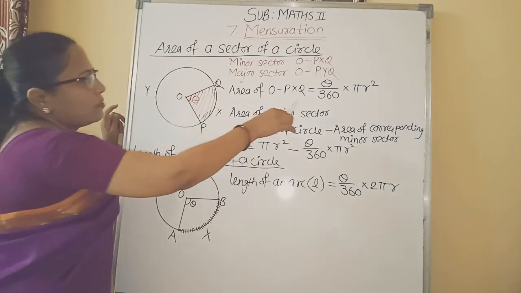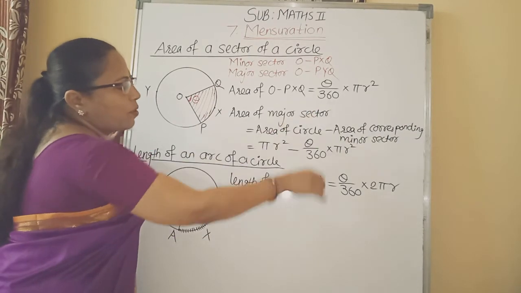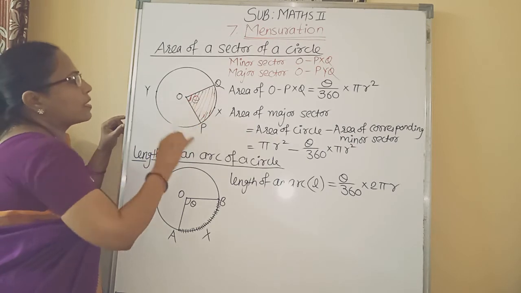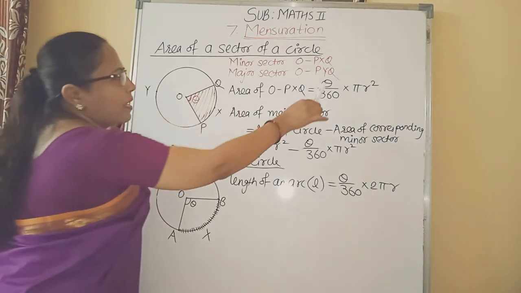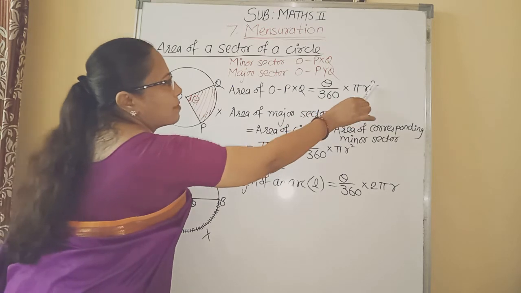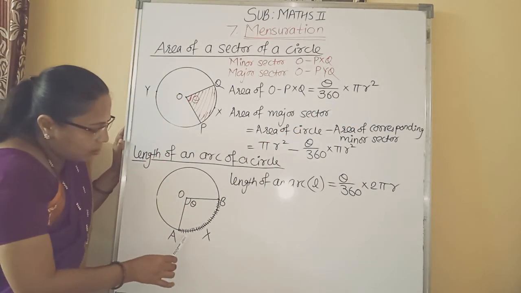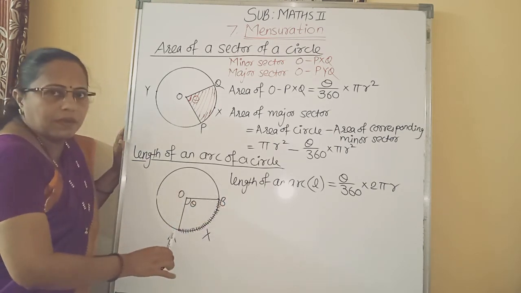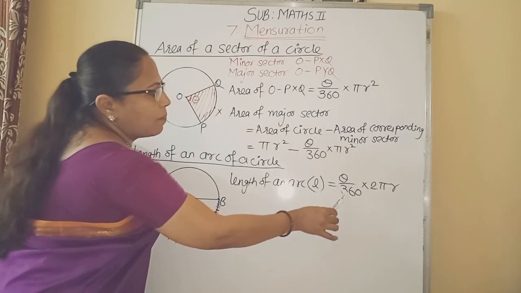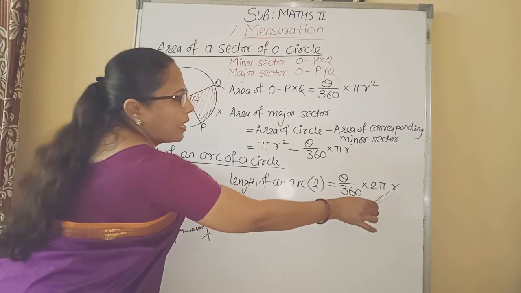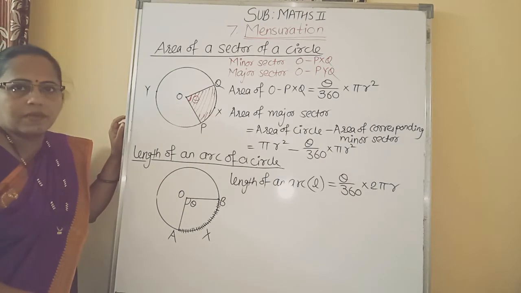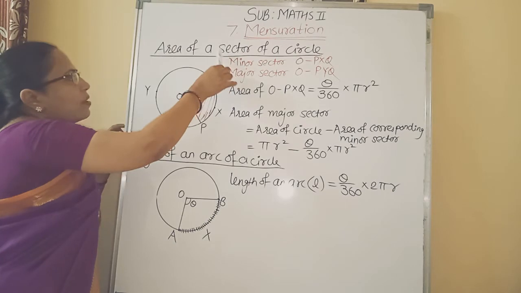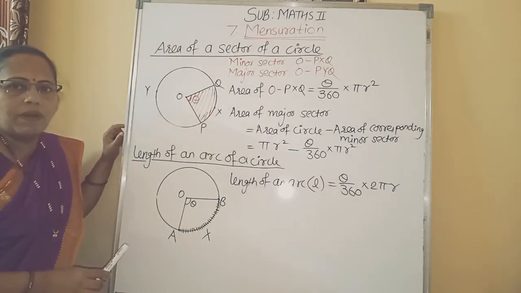Okay. So student, remember the difference between these two formulae. Here the sector is the part of circular area. Therefore the formula is theta upon 360 into pi r square. And here the length of arc is the part of circumference of a circle. Therefore the formula is theta upon 360 into 2 pi r. 2 pi r is the circumference of the circle. Followed both the formulae. Then we have relation between area of sector and length of arc.